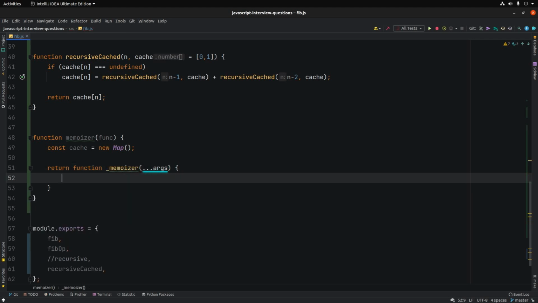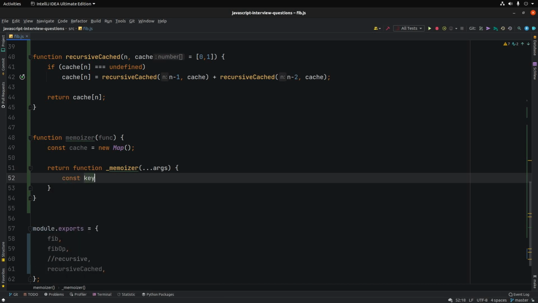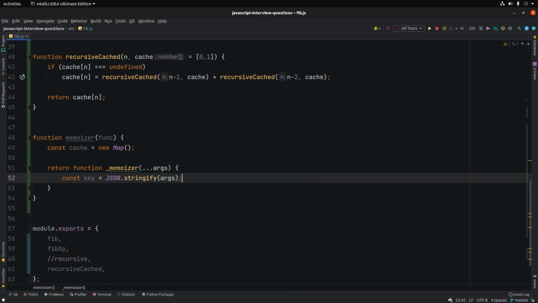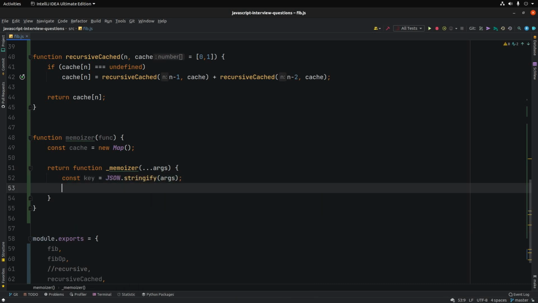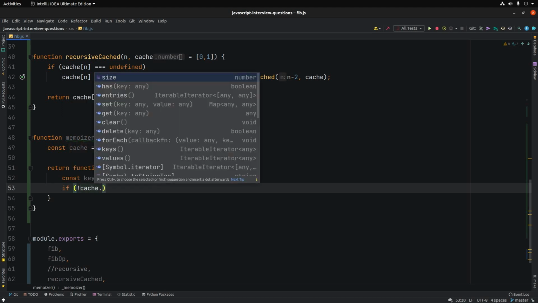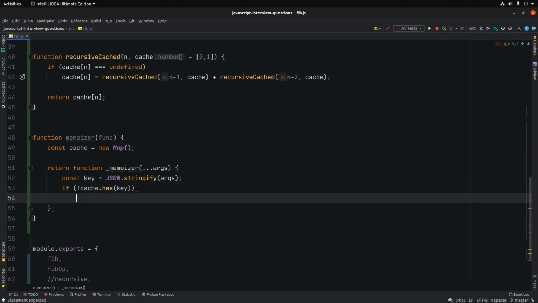The 3-dot syntax within the parameter of a function declaration is called the rest parameters. And it allows a function to accept an infinite number of arguments as an array. Check out the Mozilla Docs for more info. And now create a new constant, key equals JSON.stringify, and then pass in the args array. Now we need to check if the cache contains this key. If it doesn't, then we need to set this key within the cache,